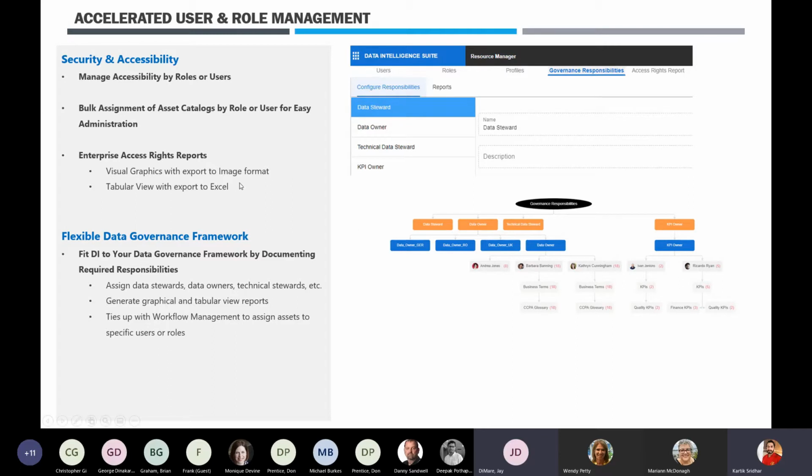So this section at the top primarily focused on who has access to what in the product. This section at the bottom tells you, from a governance perspective, who owns what assets or who is responsible for what assets. So you can follow up with those respective folks and get things going on your governance front. This also nicely syncs up with our workflow manager. You can configure these roles directly with your workflow stages, so that these users can be assigned to specific stages of the workflow. When they have been assigned to a particular asset, they get automated notifications from the product in the form of inbuilt product alerts and as email notifications as well.